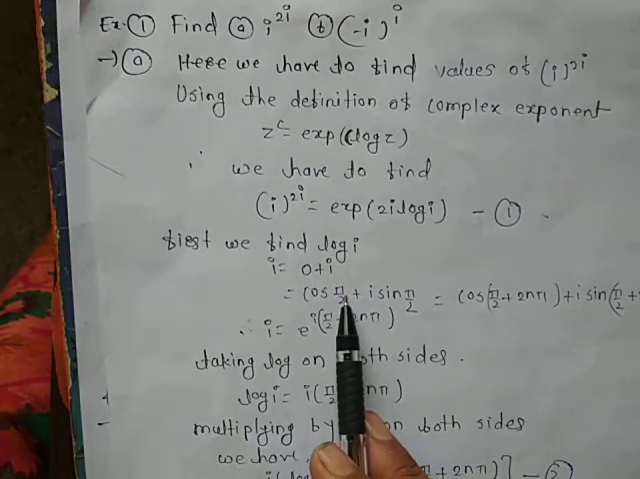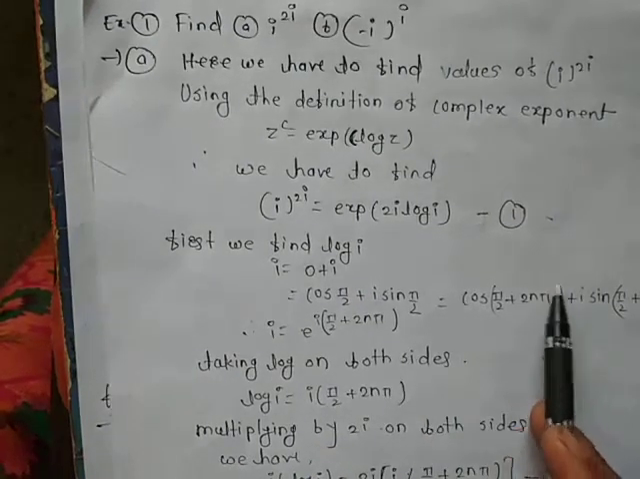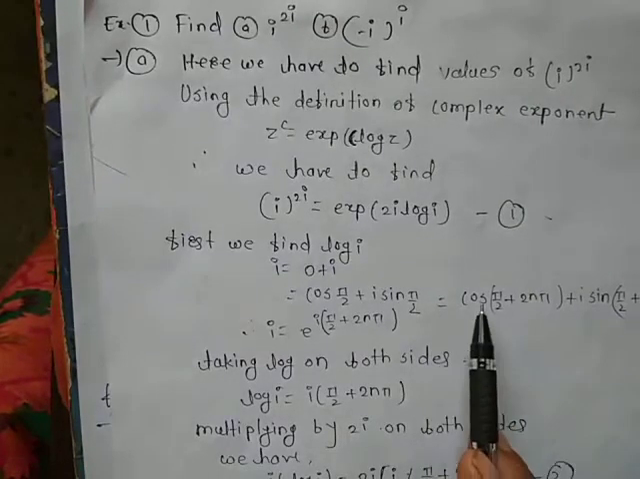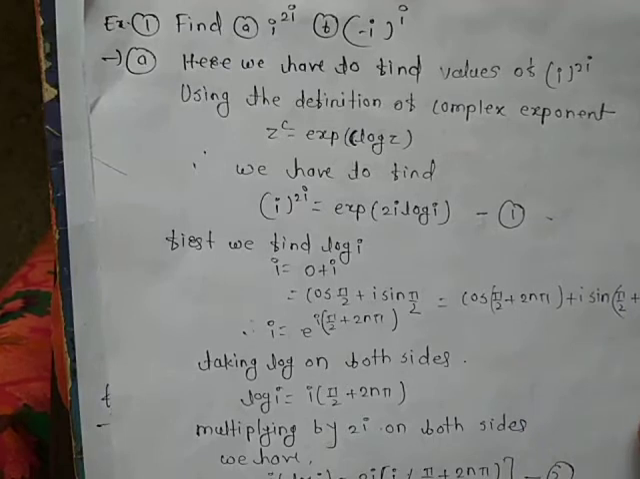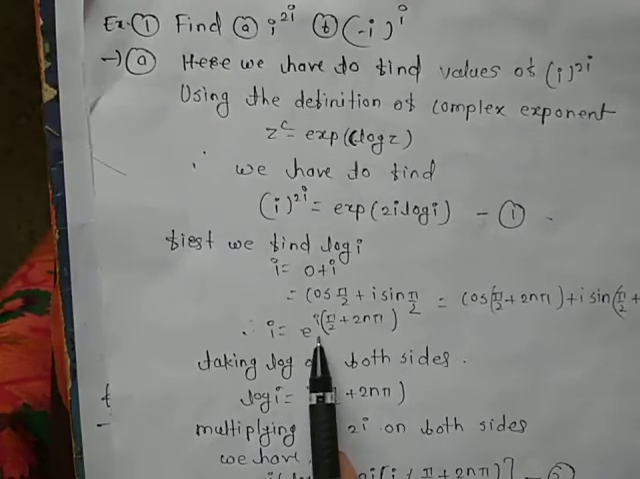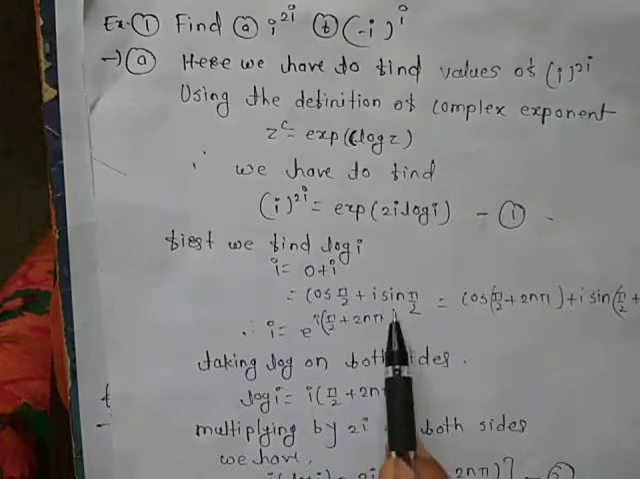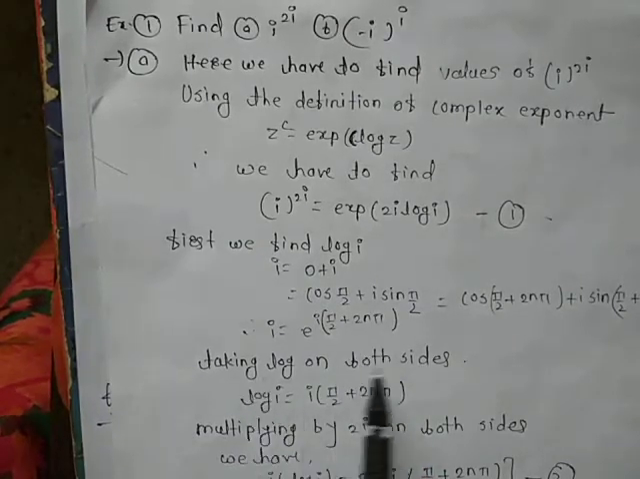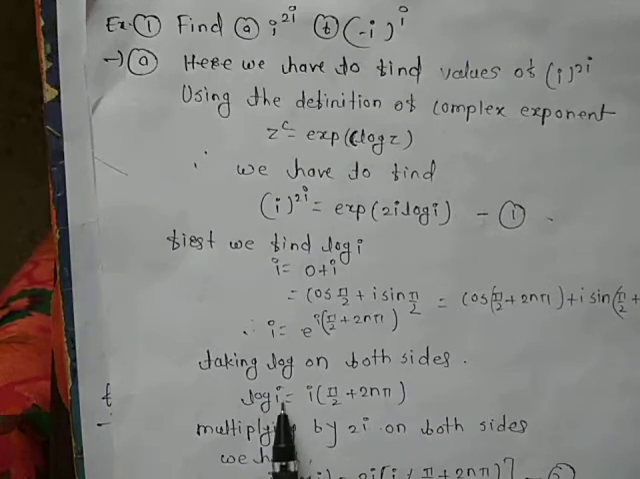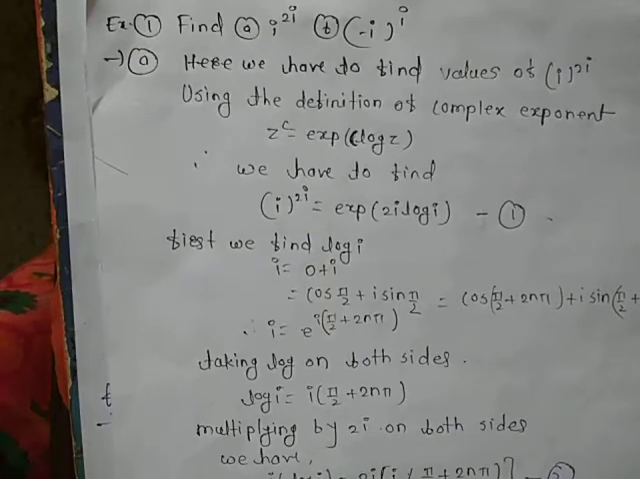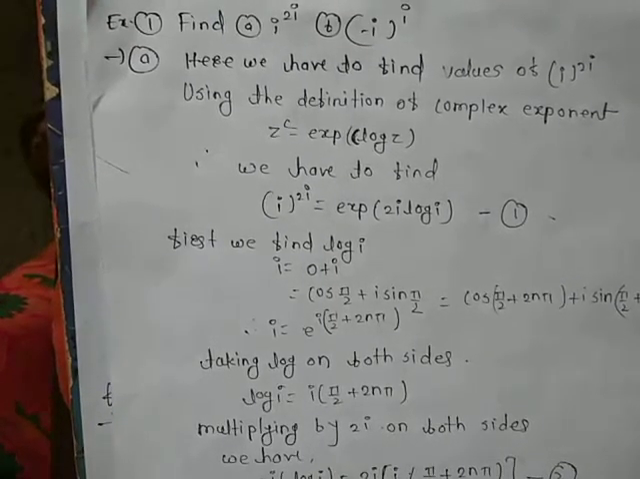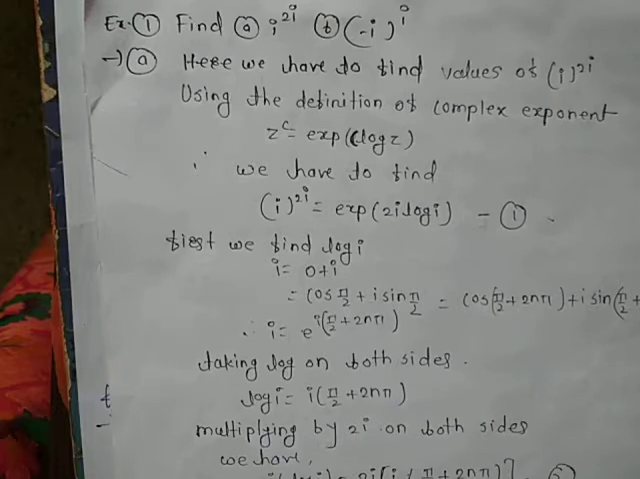Here we will consider the argument, so we will add 2n pi. So this is cos(pi by 2 plus 2n pi) plus i sin(pi by 2 plus 2n pi). So i can be written as e raised to i(pi by 2 plus 2n pi) by Euler's formula. Taking log on both sides, we get log i is equal to i into (pi by 2 plus 2n pi). Multiplying by 2i on both sides,